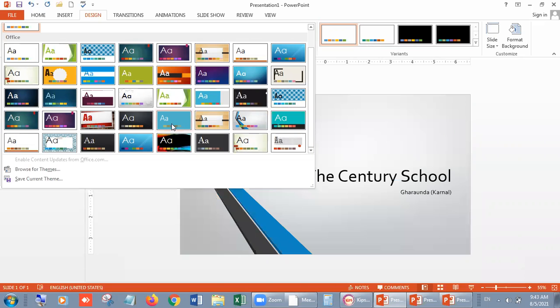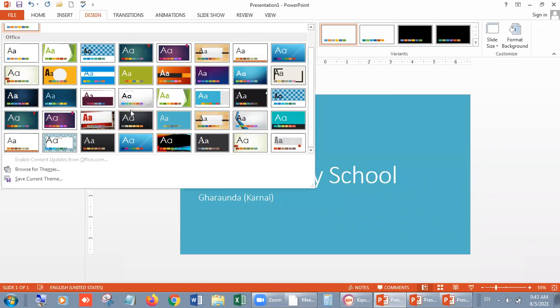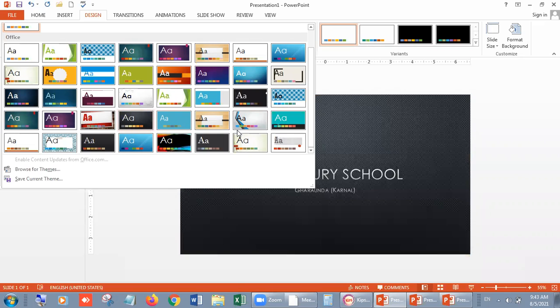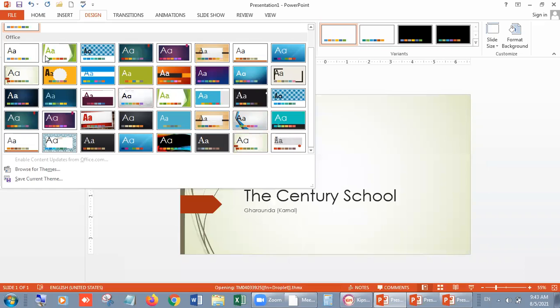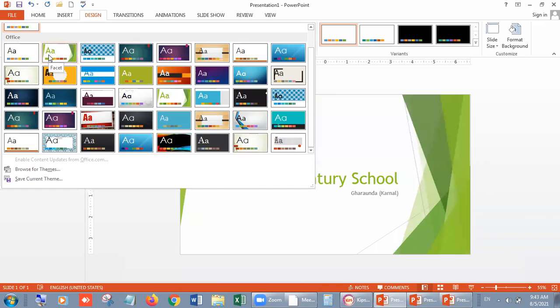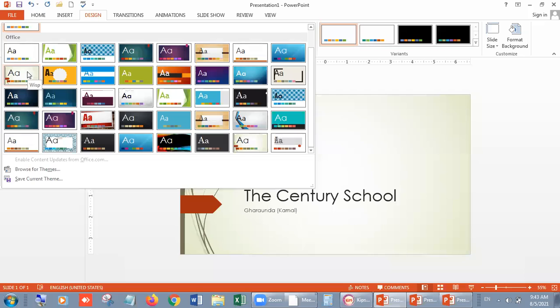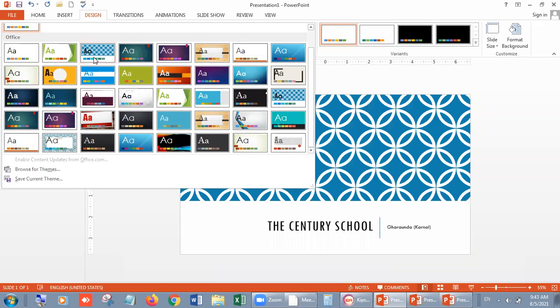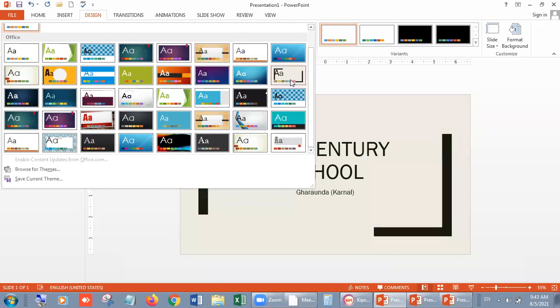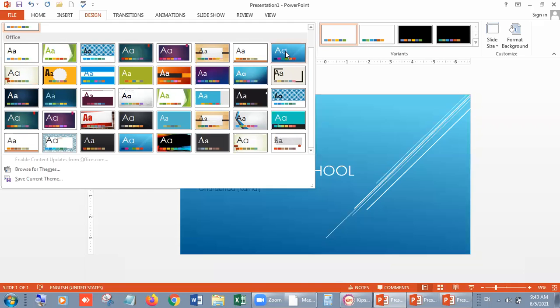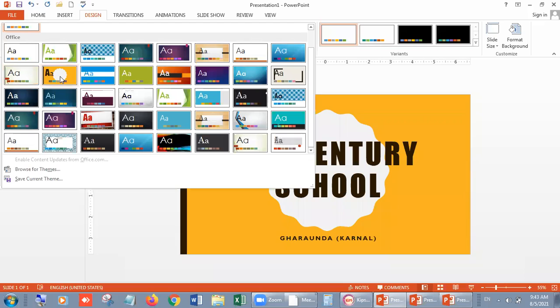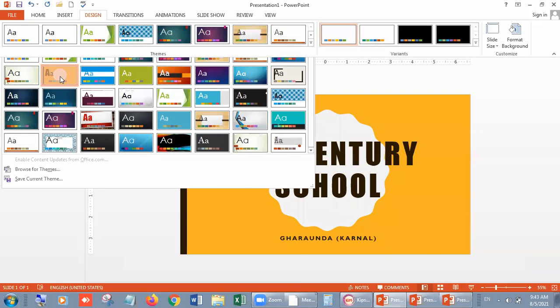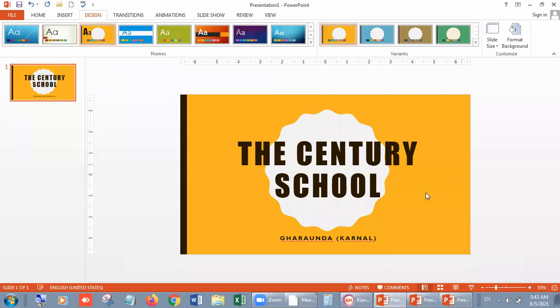Look better. You can see the change. Suppose I like this one. Click on it and your design will change.